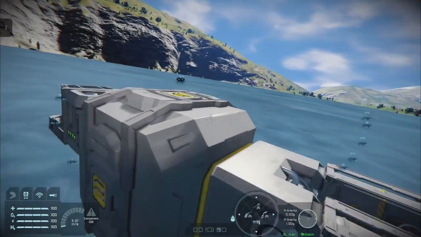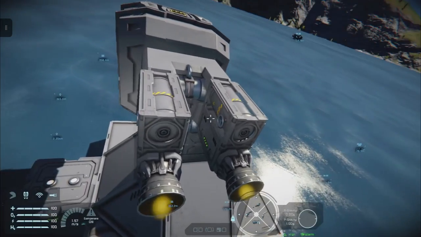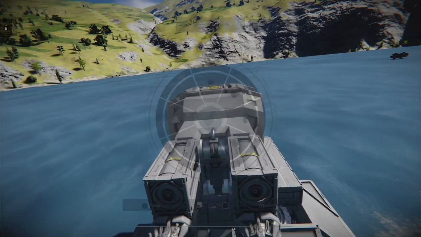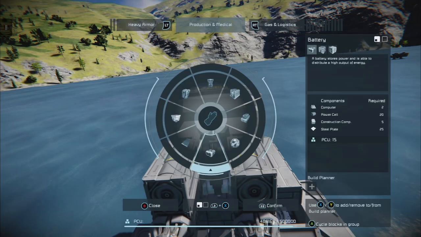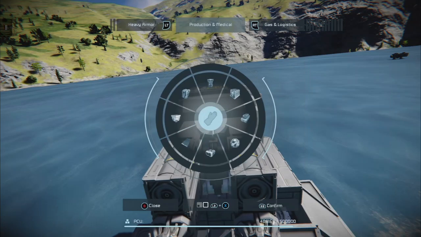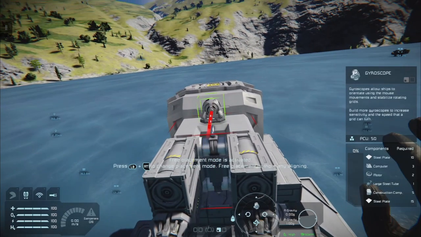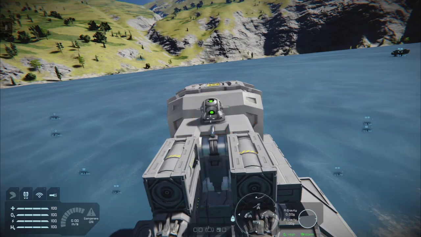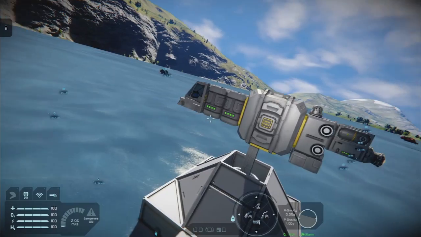And we're getting there. We need at least 1 more component when we're making any flying ship. And you want a gyroscope to allow it to turn.